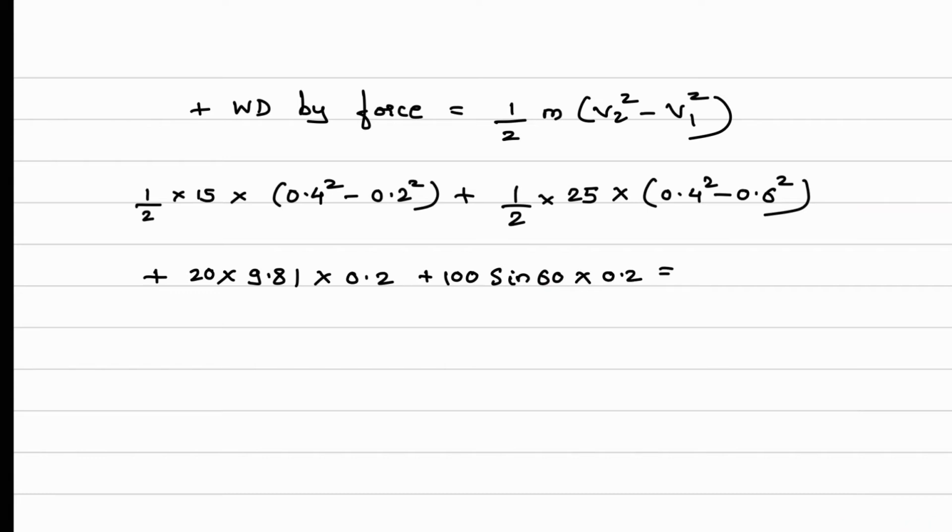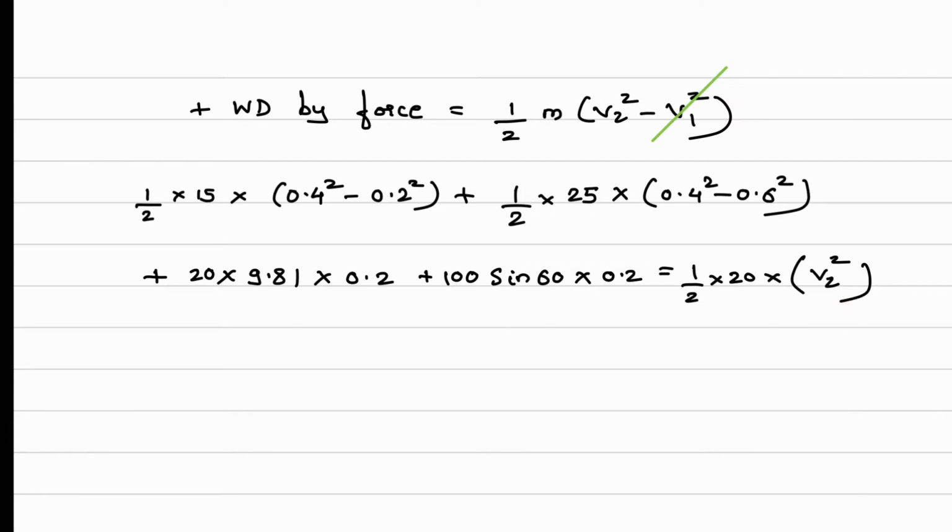This will be equal to the change in kinetic energy: half mass of the collar, 20, into velocity of point 1, which is 0, and velocity of point 2 we have to calculate. It is asked in the question. So in bracket we have v2 square. So what is the only unknown in this equation? Only unknown is velocity of point 2.